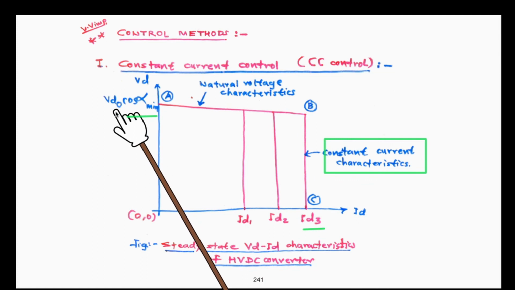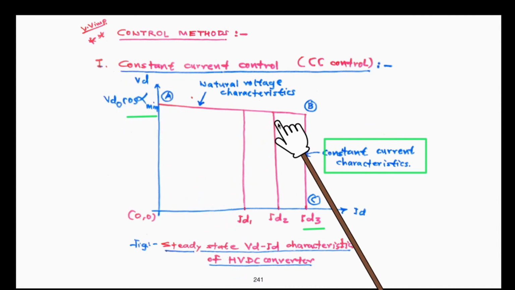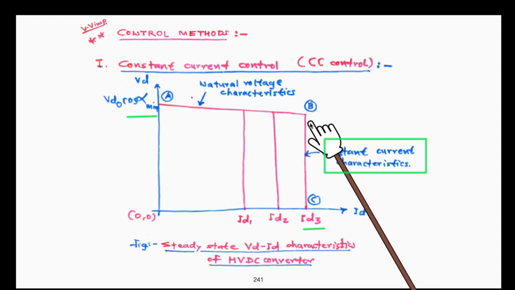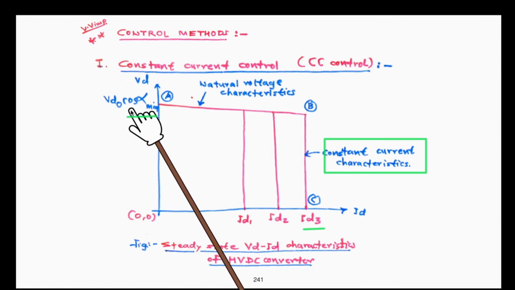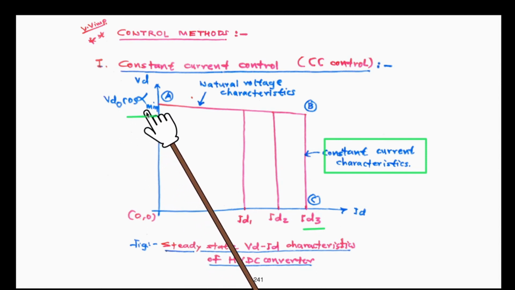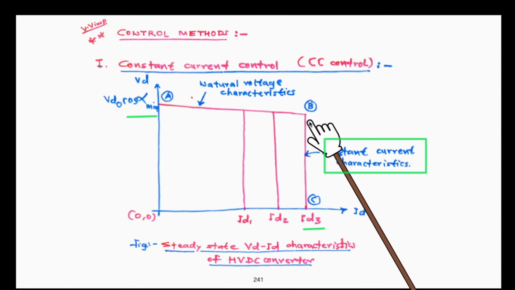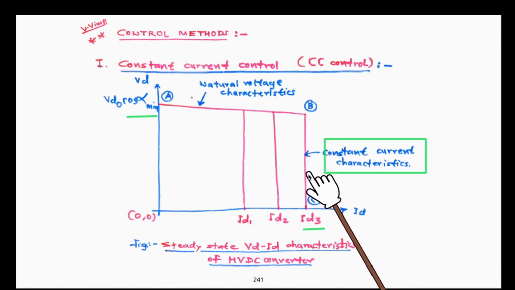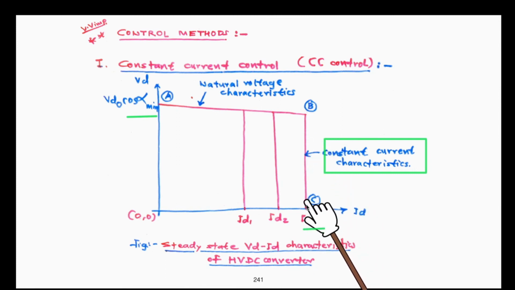This voltage is the first term in the DC current equation. This is the first term in the numerator, rectifier side voltage. It will try to reduce the voltage in order to keep the current under control. And how to reduce the voltage? By increasing the value of firing angle. Earlier the firing angle was minimum, the firing angle will be increased, monitoring the value of DC current to ensure that it doesn't exceed the limits, right? So this can continuously adjust the firing angle until the current remains constant. So this is what is called constant current control.